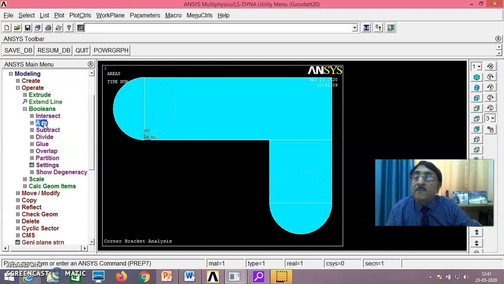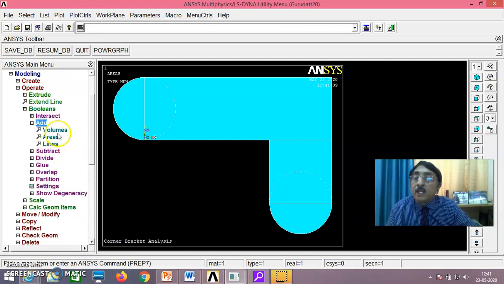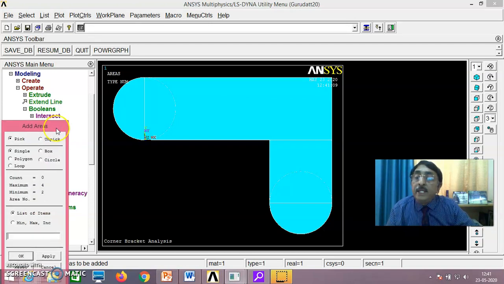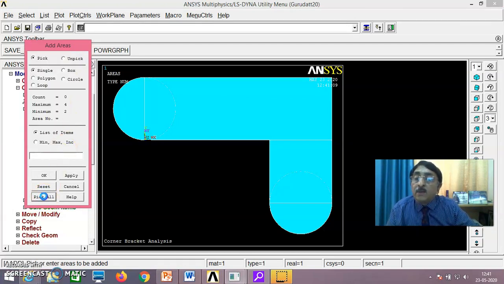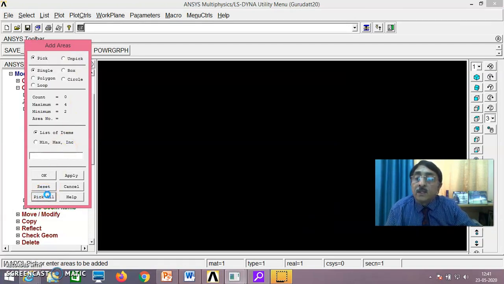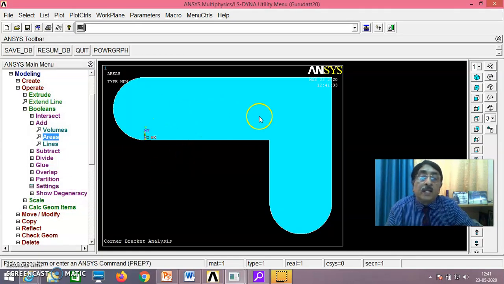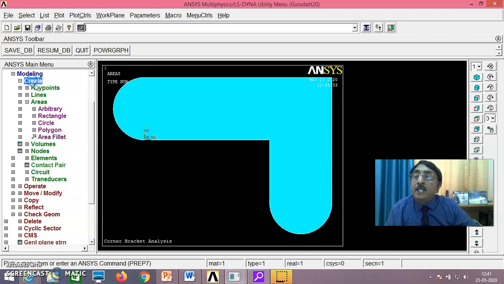Let's operate, Boolean add areas. You just say pick all. Okay, that means this entire thing has become one single area. Okay, now what I'll do is create circles here and here and subtract from this area so that the hole is created here.